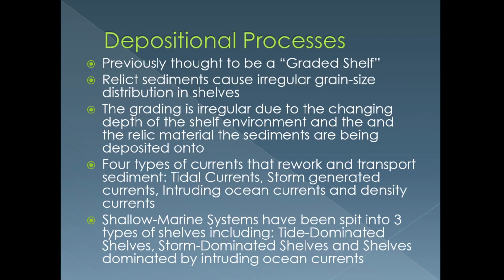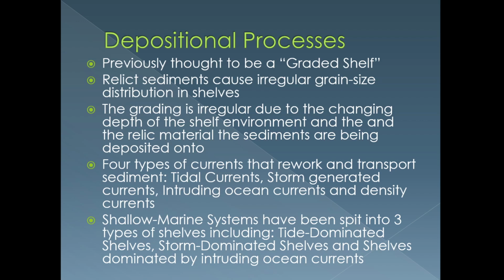Depositional processes. So previously, the continental shelf was thought to just be a graded shelf, with the largest grain size on the inside and the smallest grain size on the outside, depending on the amount of force that is affecting the shelf due to depth. So this was found to be incorrect due to the relic sediments that were deposited on the shelf before the modern sediments. These relic sediments have irregular grain sizes and are distributed all throughout the shelf. The grading is irregular due to the depth changes on the shelf environment and to the relic sediment being deposited